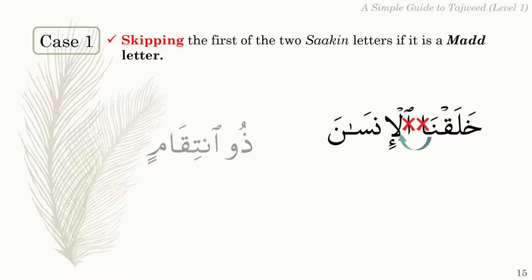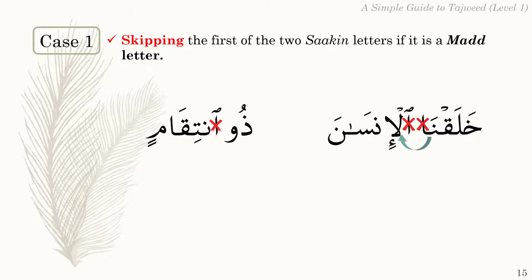الإنسان. In the second example, when we skip Hamzatul-Wasl, the first sakin is the waw mad, and the second is noon sakina. So we have to skip the mad letter to avoid reading 2 sakin letters following each other. So we will connect from dhal with dhamma to noon sakina. ذو